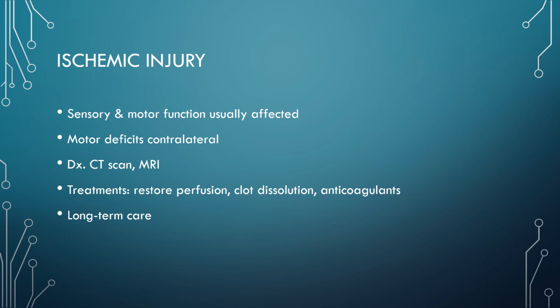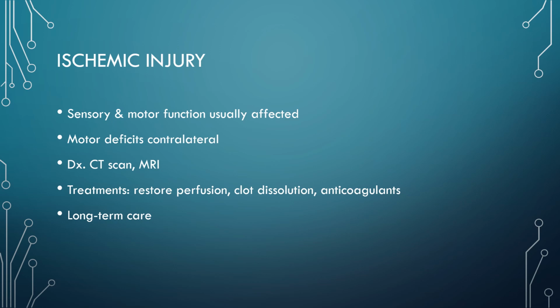Diagnosis of this is, again, medical history. You want the story of what's occurred, and then we do a CT scan and MRI. If this is a recent or immediate new injury, we do everything we can to restore perfusion. So whatever is causing that ischemia, if it's a thrombus, we have methods of dissolving the clot with medications, or